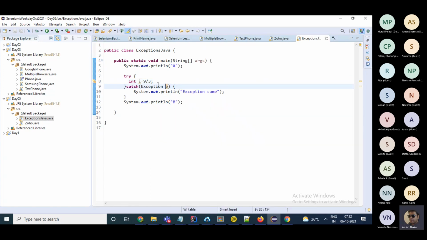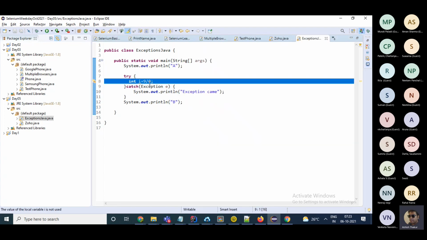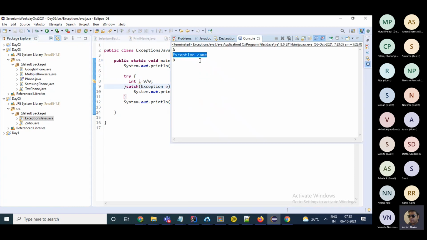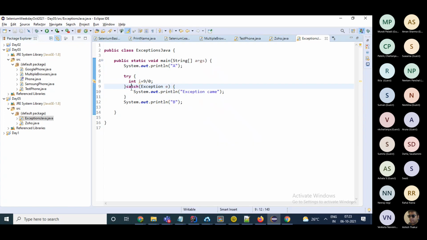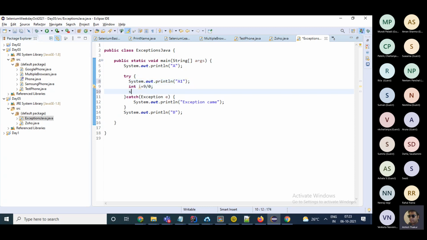But at the same time, if I write 9 divided by 0, it prints exception came. So that means once the exception is thrown on this line, the control comes inside the catch block and prints exception came. Okay, if I just write over here A1 and B1,